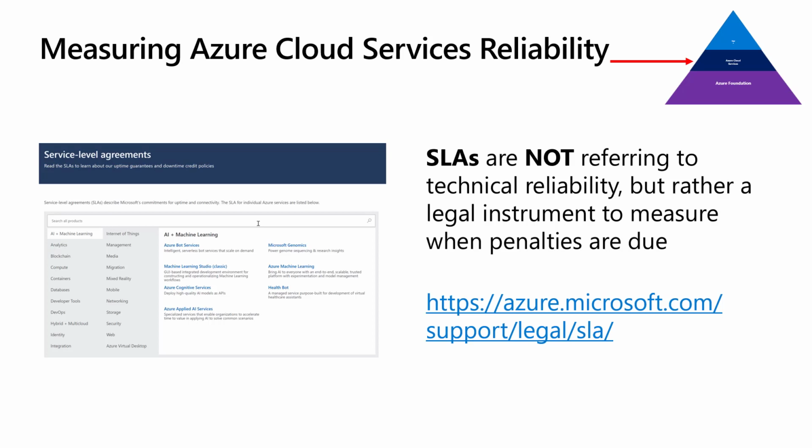The best thing to start from here, although again, remember, it's nothing super technical, but in the end, it's all boiling down to SLAs. The Azure SLA portal is more like a landing page where you can find a lot of details about each and every Azure service and the corresponding SLAs, together with the architecture that might influence your SLA. For example, if you look at virtual machines, and again, I'll show you in a minute what it looks like, it's slightly different depending on the virtual machine topology architecture you're going to deploy. For a single virtual machine, the SLA will be lower than if you deploy availability sets or if you deploy